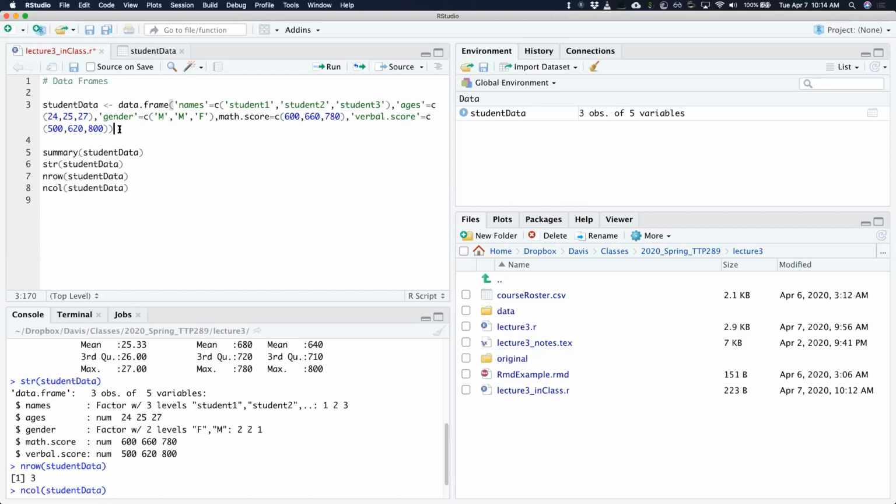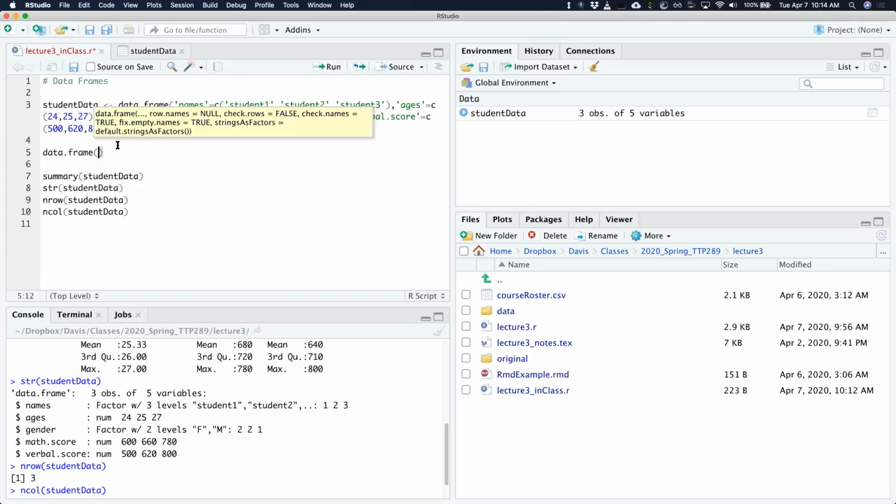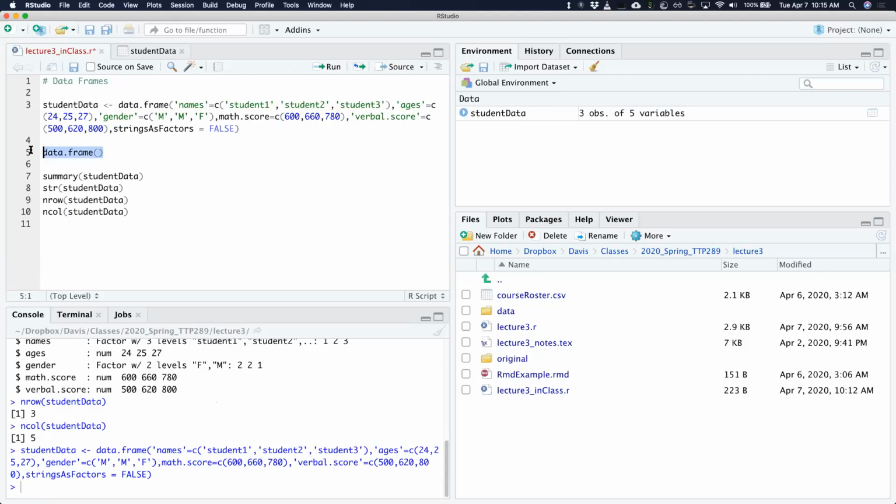You can actually have an option to load them as characters and not as factors. Let me see if I remember how to do that. Let's see. Yeah, here I can do this little cheat sheet thing to look at the entries, and the one that I want is called strings as factors. And so if I do that and I say false, then once I load